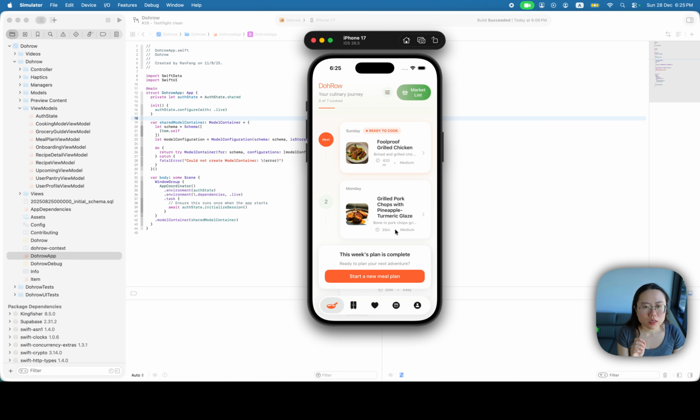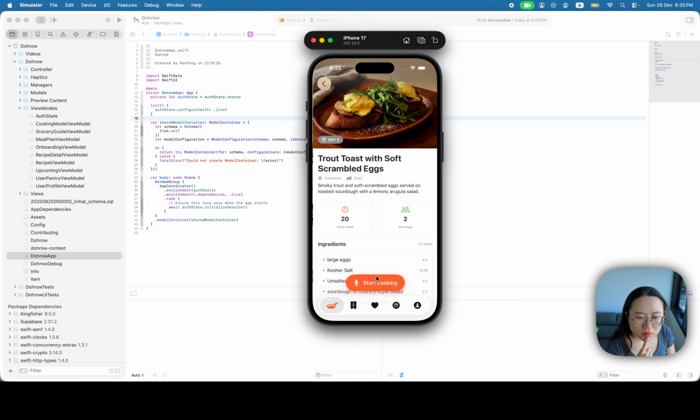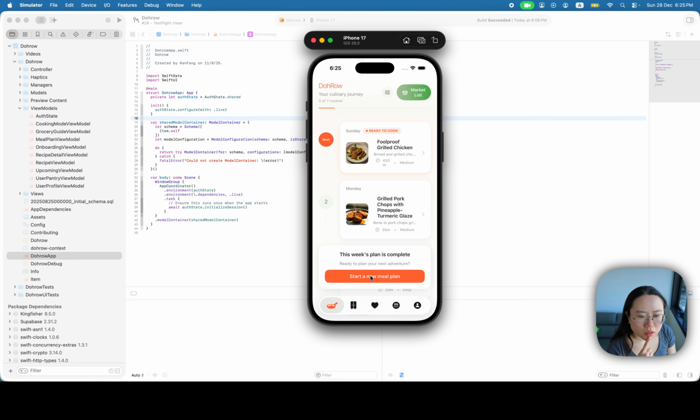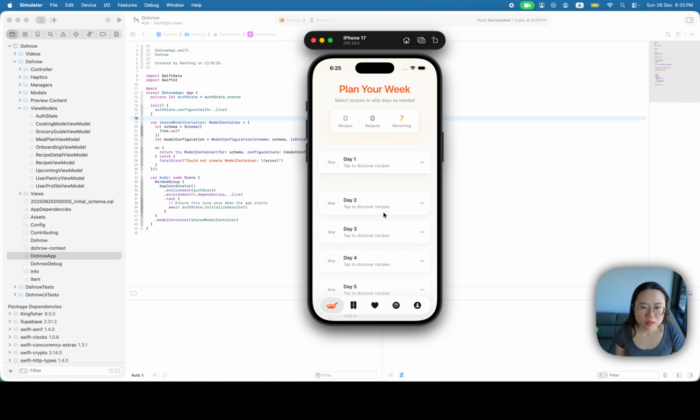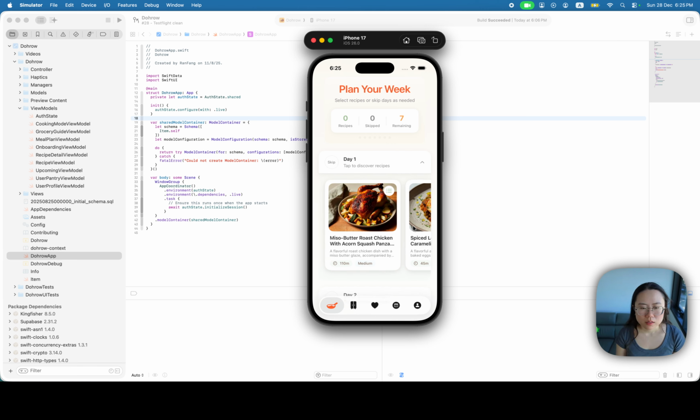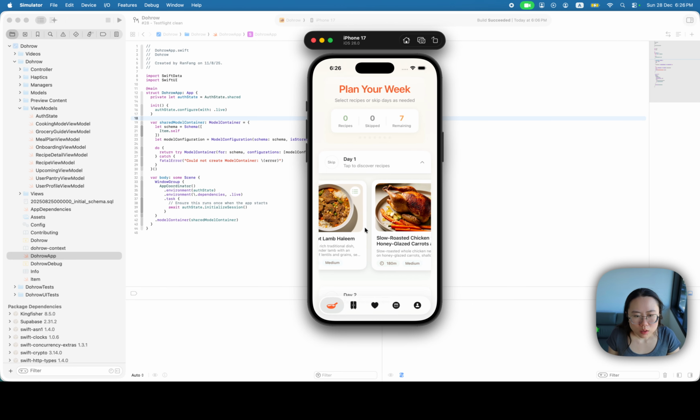And since we have this here, we can just start a new meal plan. I pressed the wrong thing, sorry. Start a new meal plan, and okay, yeah, takes a second to load. Maybe I might show some loading spinner or animation. I'll do that later. So yeah, as you can see, there's a bunch of